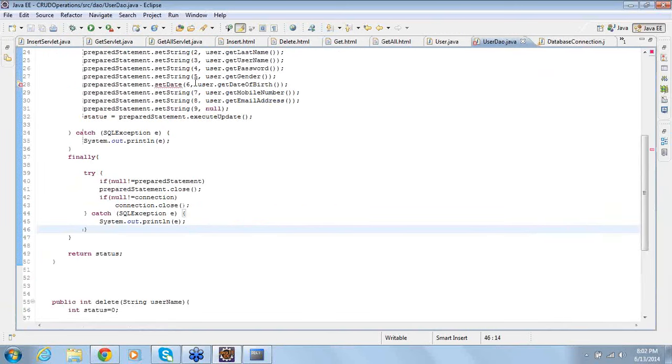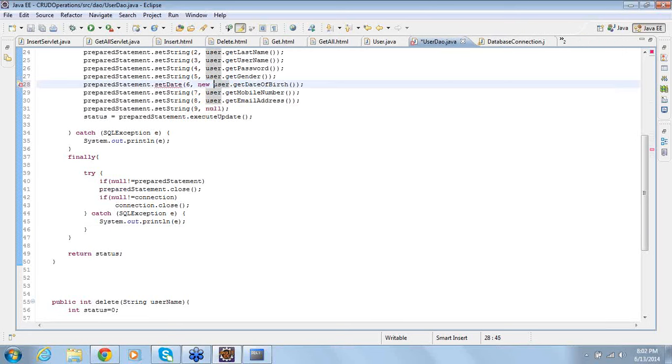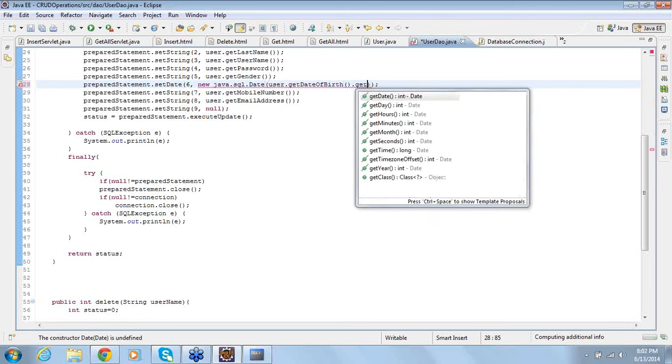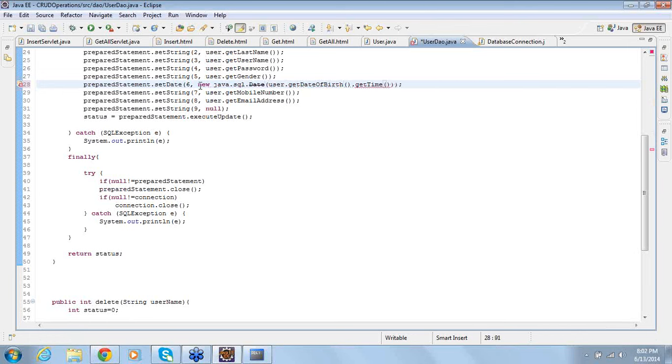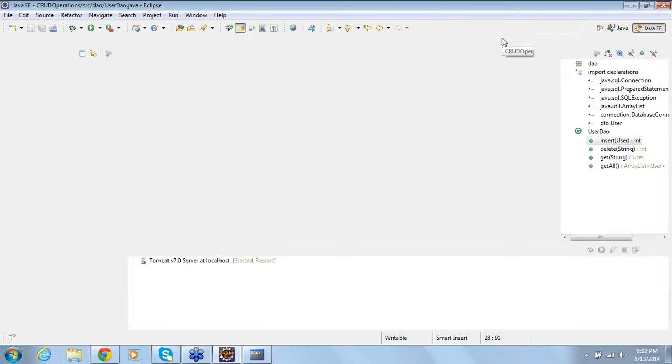Then while inserting into the database, you need a SQL date, java.sql.Date. I'm converting the util date into SQL date, which we discussed earlier also. It's done. Now let me try to run the application